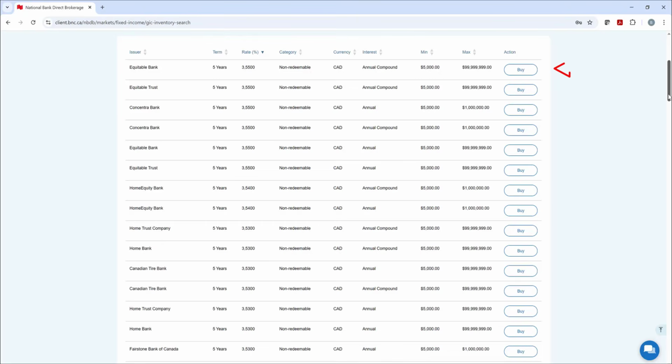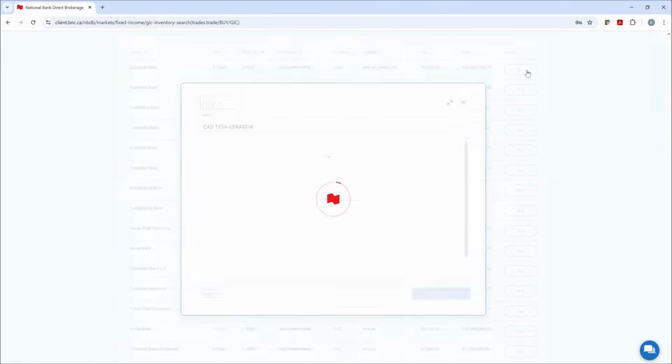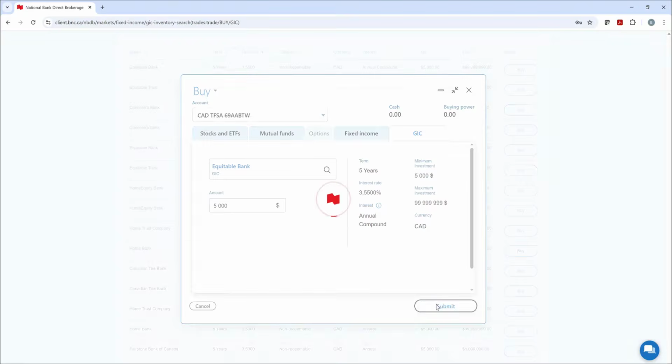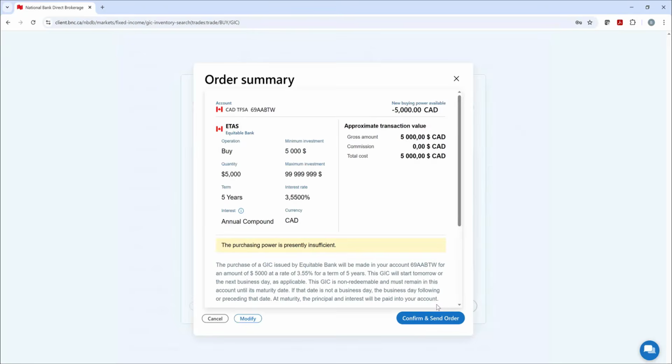compound. The last step involves clicking on the Buy button under the Action column, and the familiar trade ticket will appear with the GIC information already shown. We then need to choose the amount that we want to purchase and then click on Submit. We are now on the Order Summary page, which allows you to review the transaction one last time before confirming